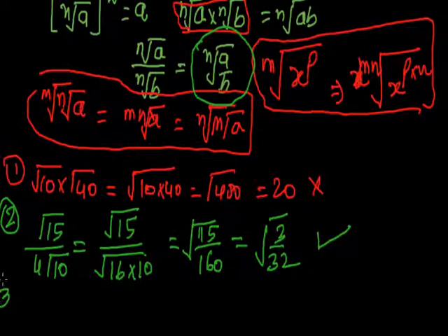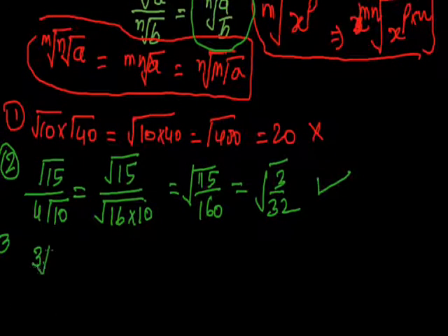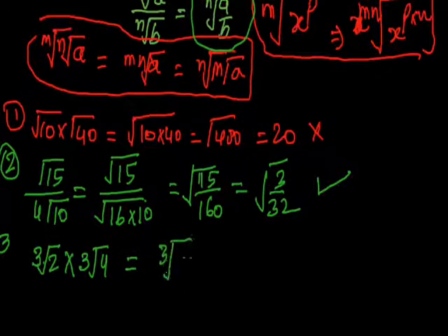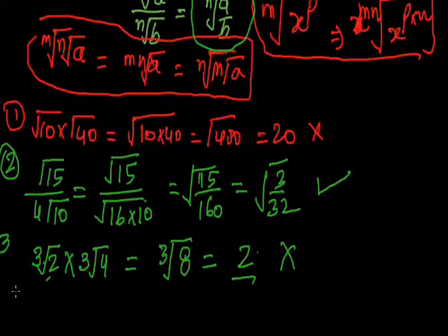The third one which I can do is the cube root of 3√2 by 4 power 3. Now if I solve this, since I have the same powers, I can multiply and write it down as the cube root of 8. Now the cube root of 8 will give you 2. So it is not a surd, it is a rational number. These are the examples which we can use to find out whether it is a surd or not.